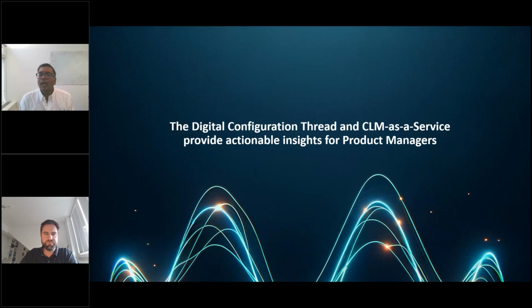Yeah, so I think what we're trying to say is that by focusing on configuration and trying to tie those pieces together, that's a good place to start. It doesn't capture everything, but it captures the most important types of insights that you need to have, because configuration information can be used to generate all these other pieces of information. So I think it's kind of like that Pareto 80-20 rule. You can get 80% of the value by only trying to capture 20% of all the kinds of artifacts that are out there.